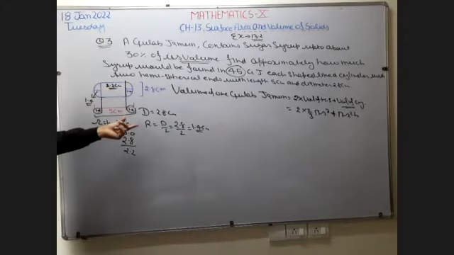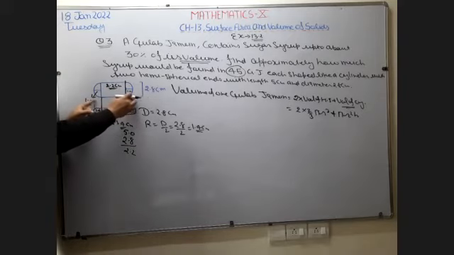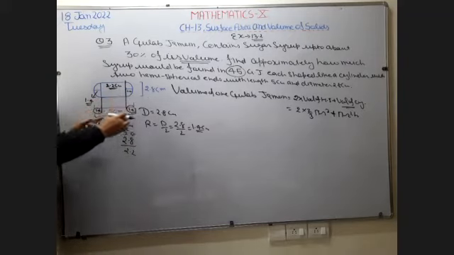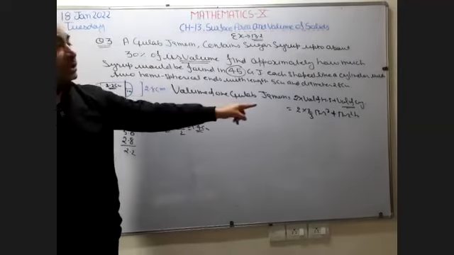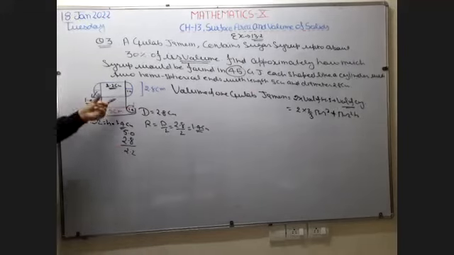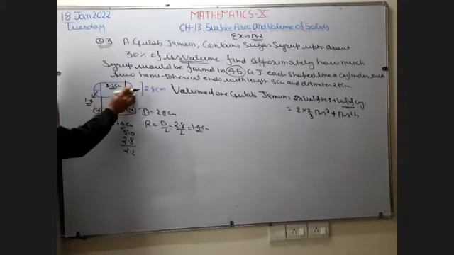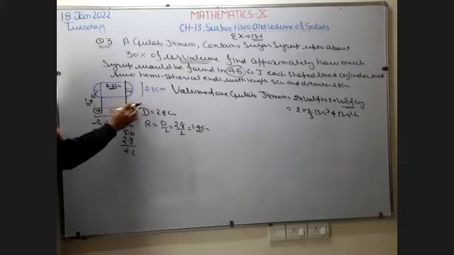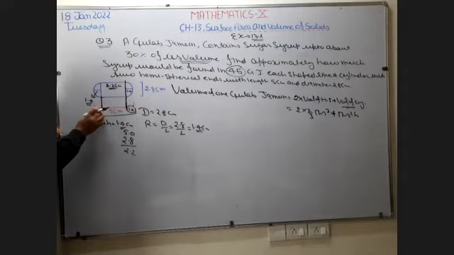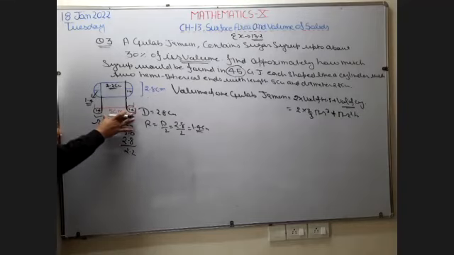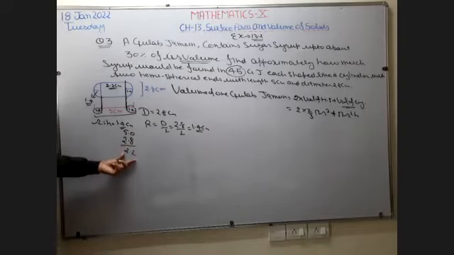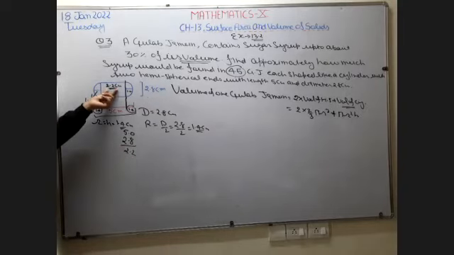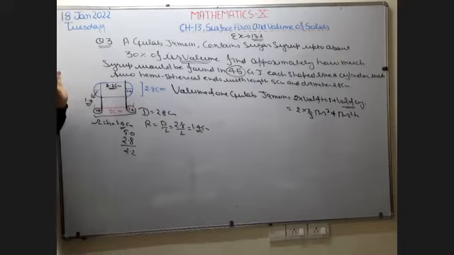I hope it is clear now. The length of the complete gulab jamun is given, and the complete gulab jamun includes the hemispherical ends also. But in my question, the height of the cylinder is required, so I am going to find the height of the cylinder. The height of the hemisphere is 1.4, so subtract 1.4 from this end and subtract 1.4 from the second end. 1.4 and 1.4 is going to be 2.8. The entire length is 5 centimeters, so subtract 2.8 from 5 centimeters. It's going to be 2.2 centimeters. It means the length or height of the cylinder is going to be 2.2 centimeters.